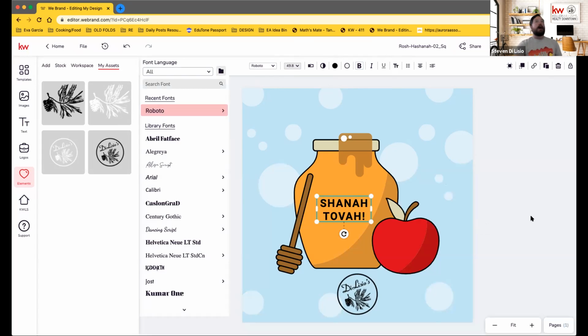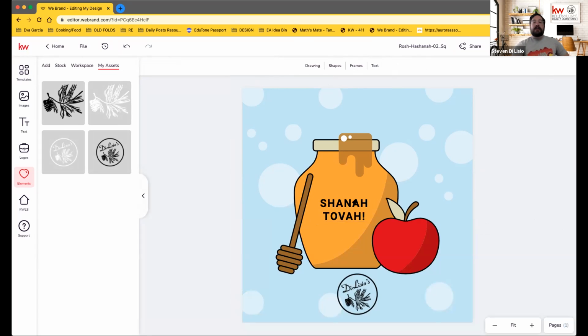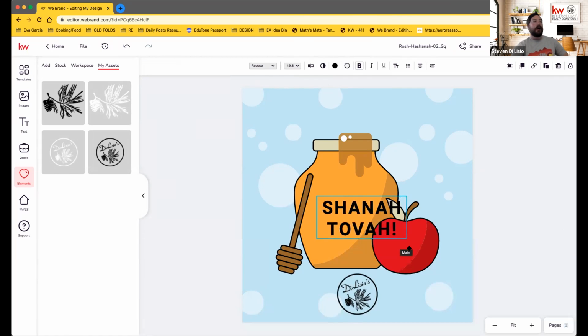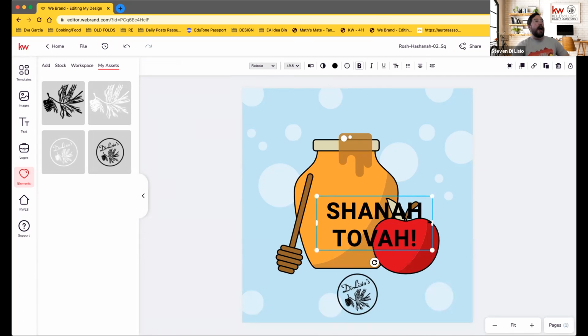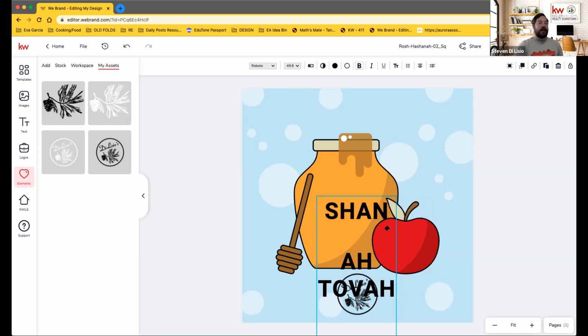So one important thing about text boxes real quick, you have two options. The corners are circles, the edges are ovals. If I pull a circle, you'll see that it actually changes the entire size of my text. If I grab the oval, it changes the field of text. And so if I bring it smaller, you're going to see the adjustment in the field of text where I'm shortening